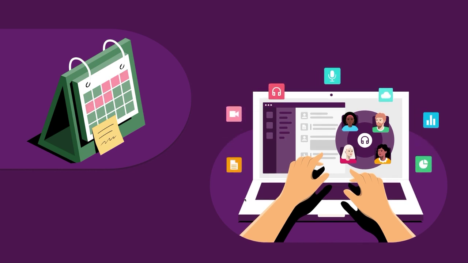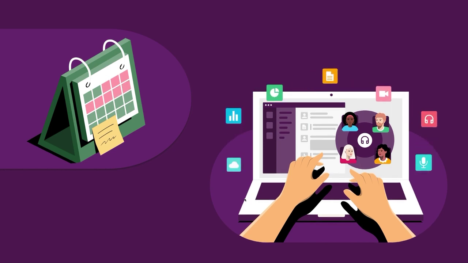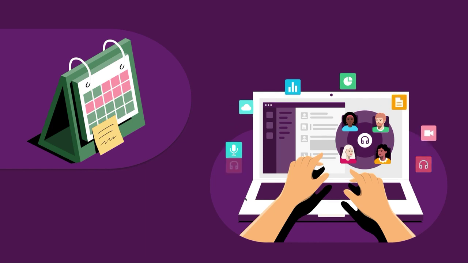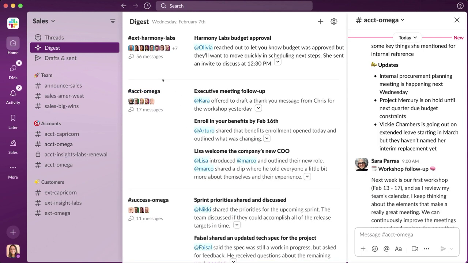Now that her highest priority for the day is handled, it's time for her to dive back into her day-to-day work. Sarah opens her laptop and immediately goes to a customized digest that Slack AI put together for her. It summarizes all of the channels that she wants to keep tabs on, but doesn't necessarily need to read every message. What could have been hours sifting through channels can now be accomplished in minutes.